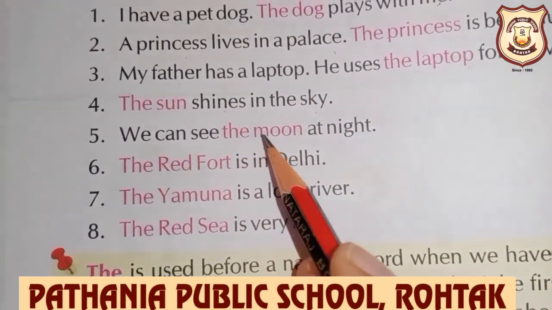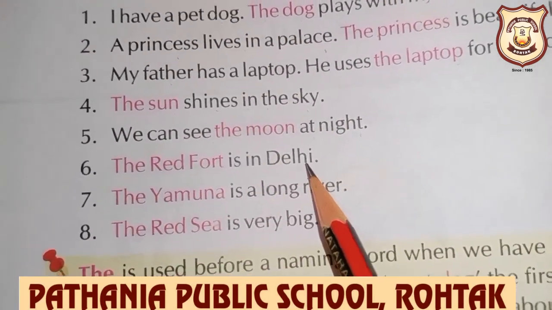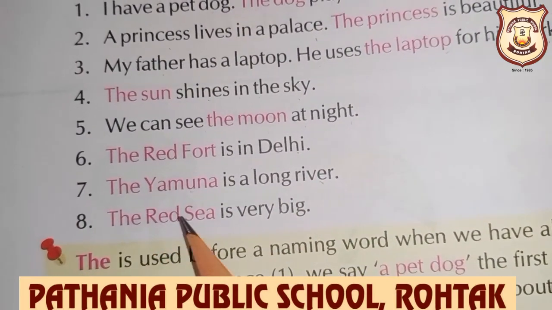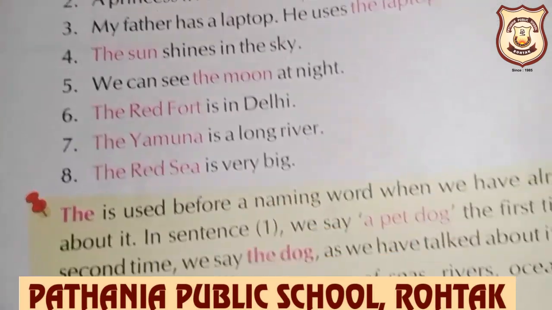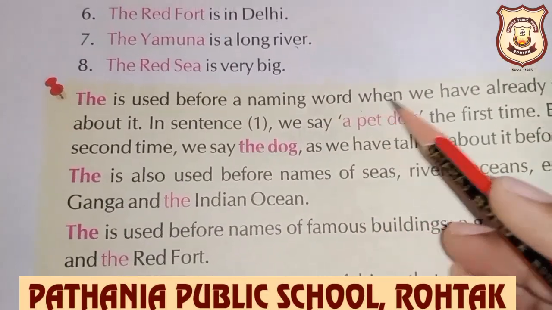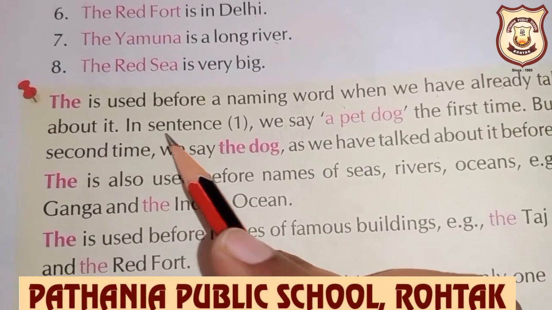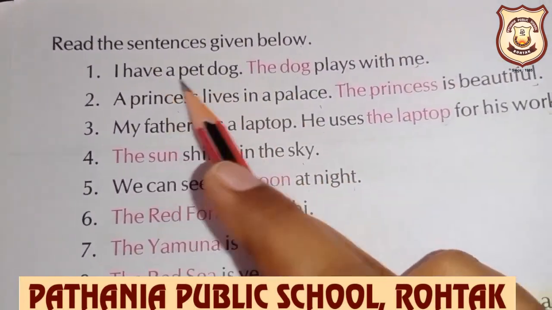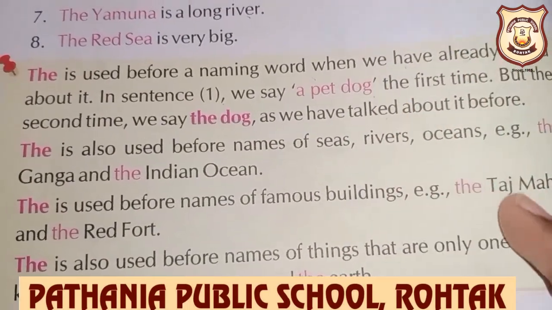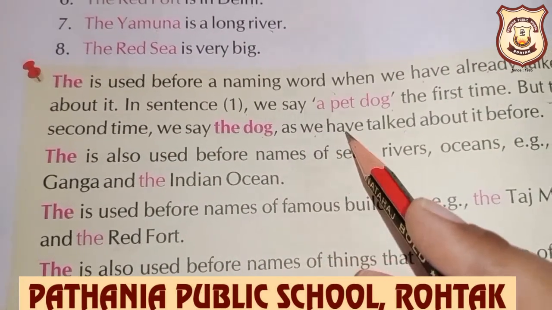We can see the moon at night. The Red Fort is in Delhi. The Yamuna is a long river. The Red Sea is very big. The is used before a naming word when we have already talked about it. Here is sentence 1. We say a pet dog the first time, but the second time we say the dog, as we have talked